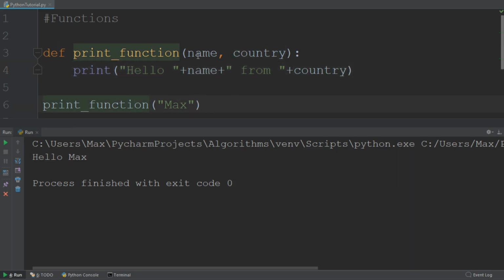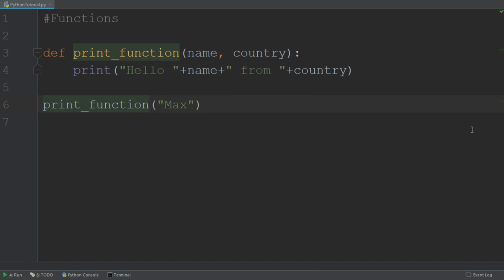Now, since we have 2 parameters in the definition of the function, we of course also need to pass in 2 parameters into the call of the function. The second parameter being the country. Let's say that Max is from Germany,